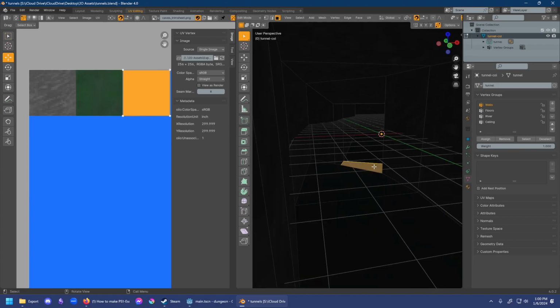I have this little water down here. This is pending. I'm going to put a texture in here for the thing, but I just assigned it to the background blue texture. The blue texture was kind of an accident, but it turned out to be really helpful because